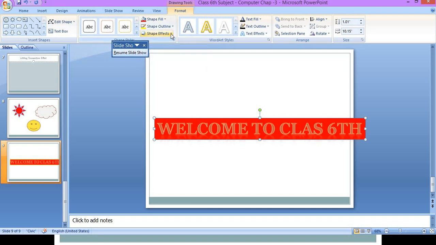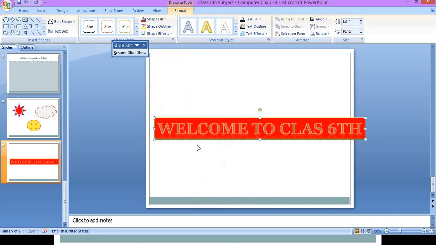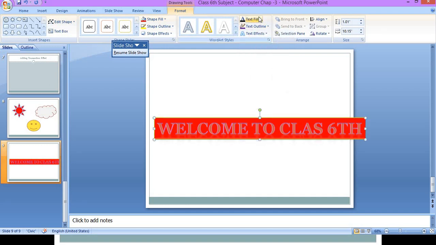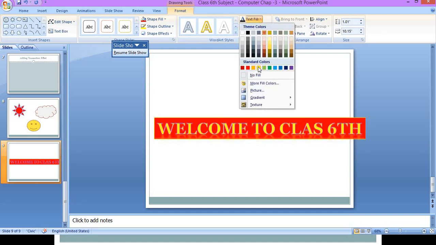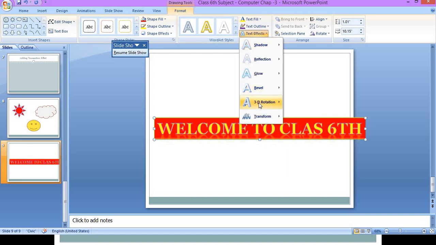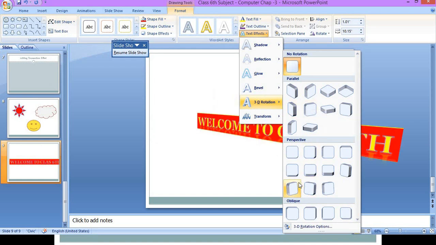Now you want to give effect for this, so from here you can give different effects. You can apply different effects on your word art by going in format tab. If you want to change the text outline, see here I have given yellow, I will use some other color like purple. I will give here text fill as yellow and see it's changed. Okay, you want to give different effect, from here you can give different effect, you can change the mode.